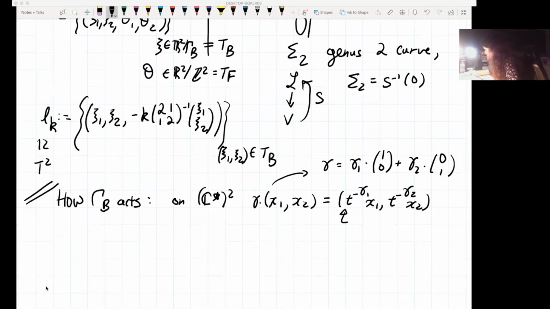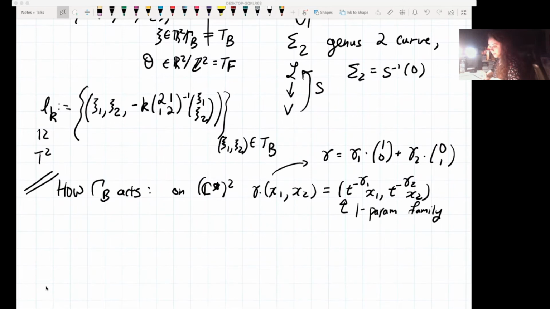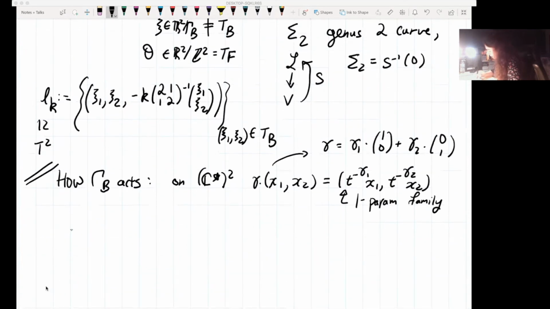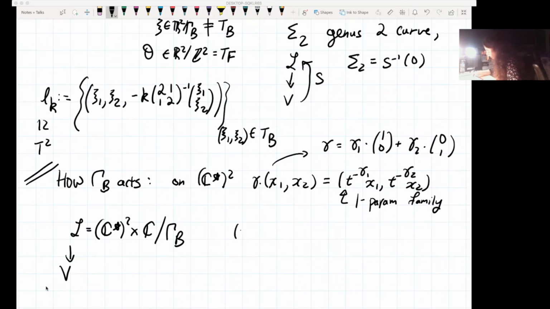And this T here is giving us the one parameter family. The line compatible with that it does fiber